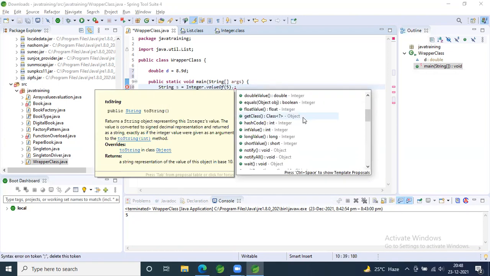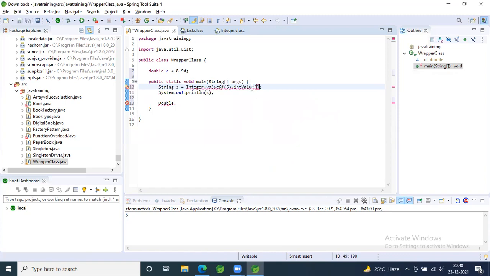So can you just click on the intValue? So what is it returning? The return type? Can you click on the error? It cannot convert from int to string. So whenever you want to retrieve a primitive value from your object class Integer, in that case, you can go ahead and use this intValue method so that it will give you the primitive output. Okay. In that case, now instead of giving string s, you have to give int. On your left side, you're assigning it instead of string, replace that with int. Okay. So this is the way.